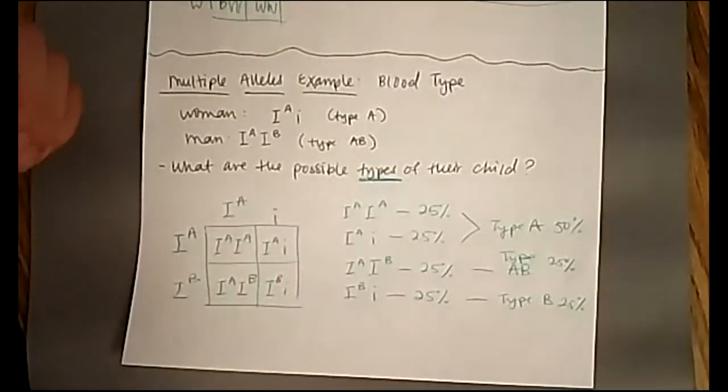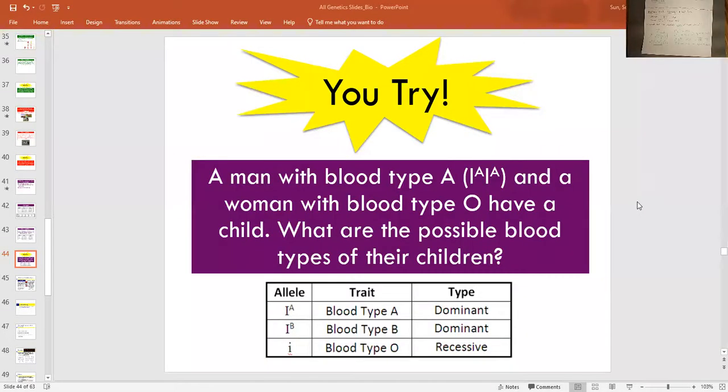Okay, so let's go through now and review the one that you're going to do. A man with blood type A, and it's specified that it's the homozygous dominant A, and a woman with blood type O have a child. What are the possible blood types of their children? So you're going to be doing this cross, and then you're going to be answering the questions in the Google form based on the setup, and then you'll finish up